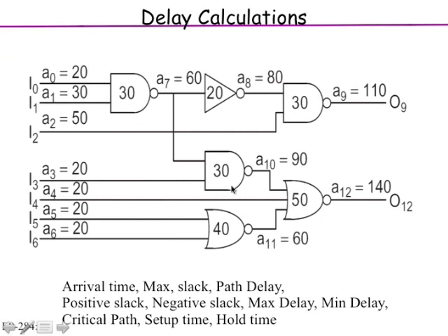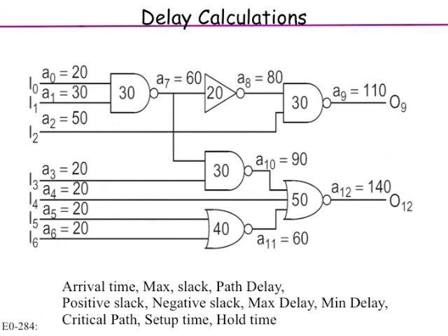Now, if someone said, what is the fastest clock I can have such that this circuit will work properly? 140, right? Because you have to look at the slowest path. You have to look at what is called the max delay. You take your pipe stage, look at the path which has the maximum delay, and make sure your clock edges are spaced apart at least by that much. If you space it any lower than that, the slowest path will not be able to finish the job in time. So that is called the critical path. The critical path is the path which has the largest delay.